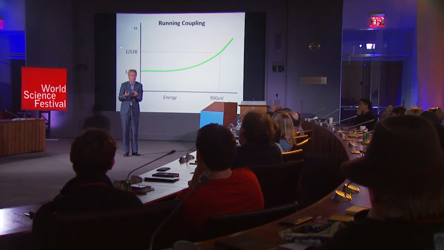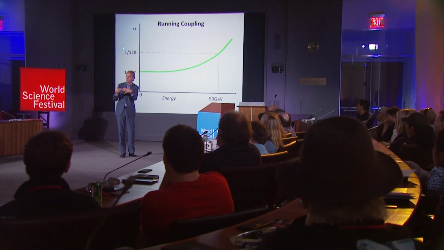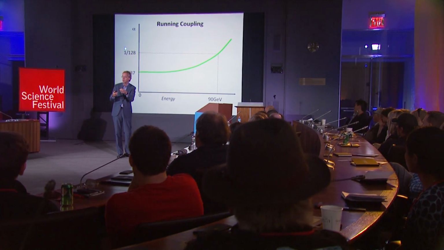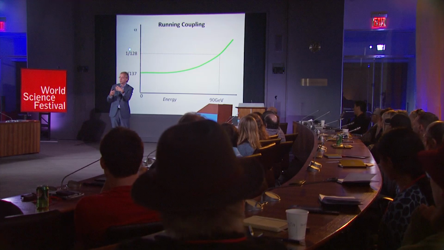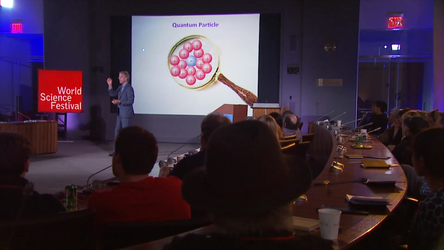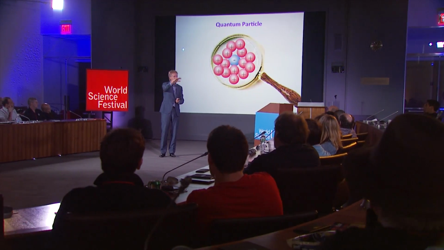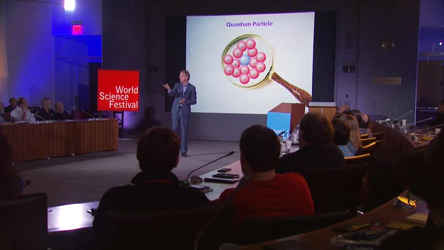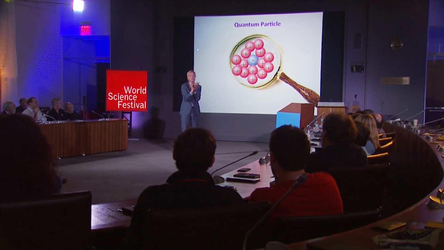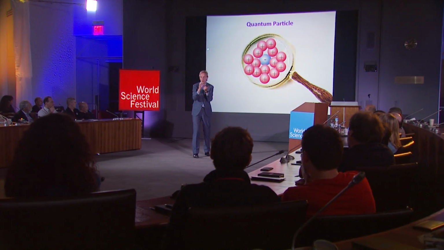Another way to put this is, if you think of high energy experiments as looking through a great microscope, the amount of magnification that you choose will change the properties of the force. One way to think about it is that if you take an electron and put it in space, there's this whole fluctuating sea of virtual particles, coming out of nowhere and disappearing again, that is changing the properties. If you look closer and closer, this effect is stronger and stronger, and the electron is being shielded. So these properties change, and it's quite dramatic.